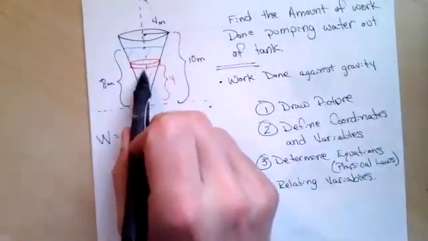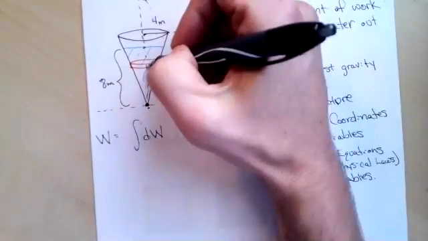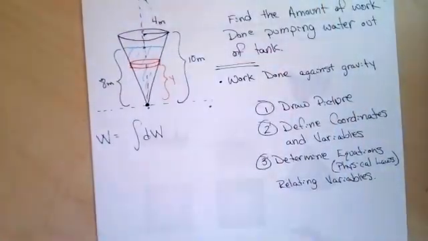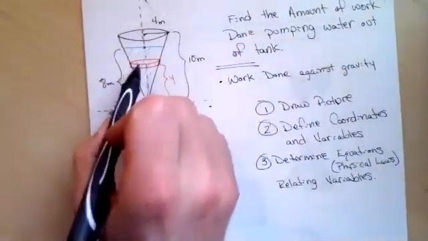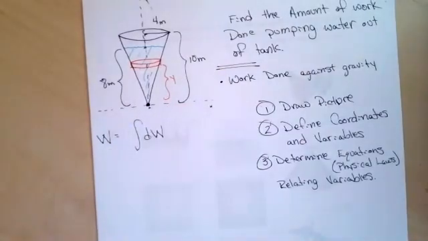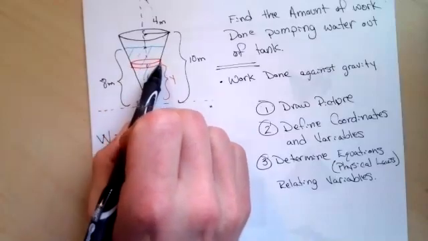The force is downward from gravity. So to do work against that force, we have to go against gravity or with gravity. So work can be done by gravity or against gravity. And so we want to cut up perpendicular to the y-axis, because in doing so, on this entire disk,